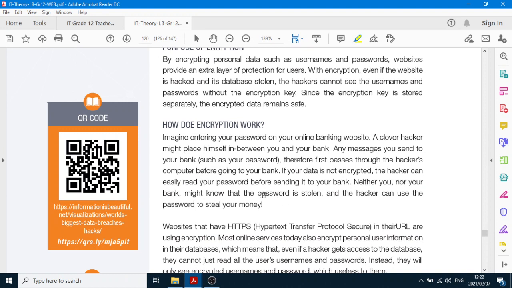How does it work? So imagine a hacker's between you and a bank, and any message sent to the bank first passes through the hacker's computer before going to your bank. If the data is not encrypted, then the hacker can easily read your password before sending it to the bank. So